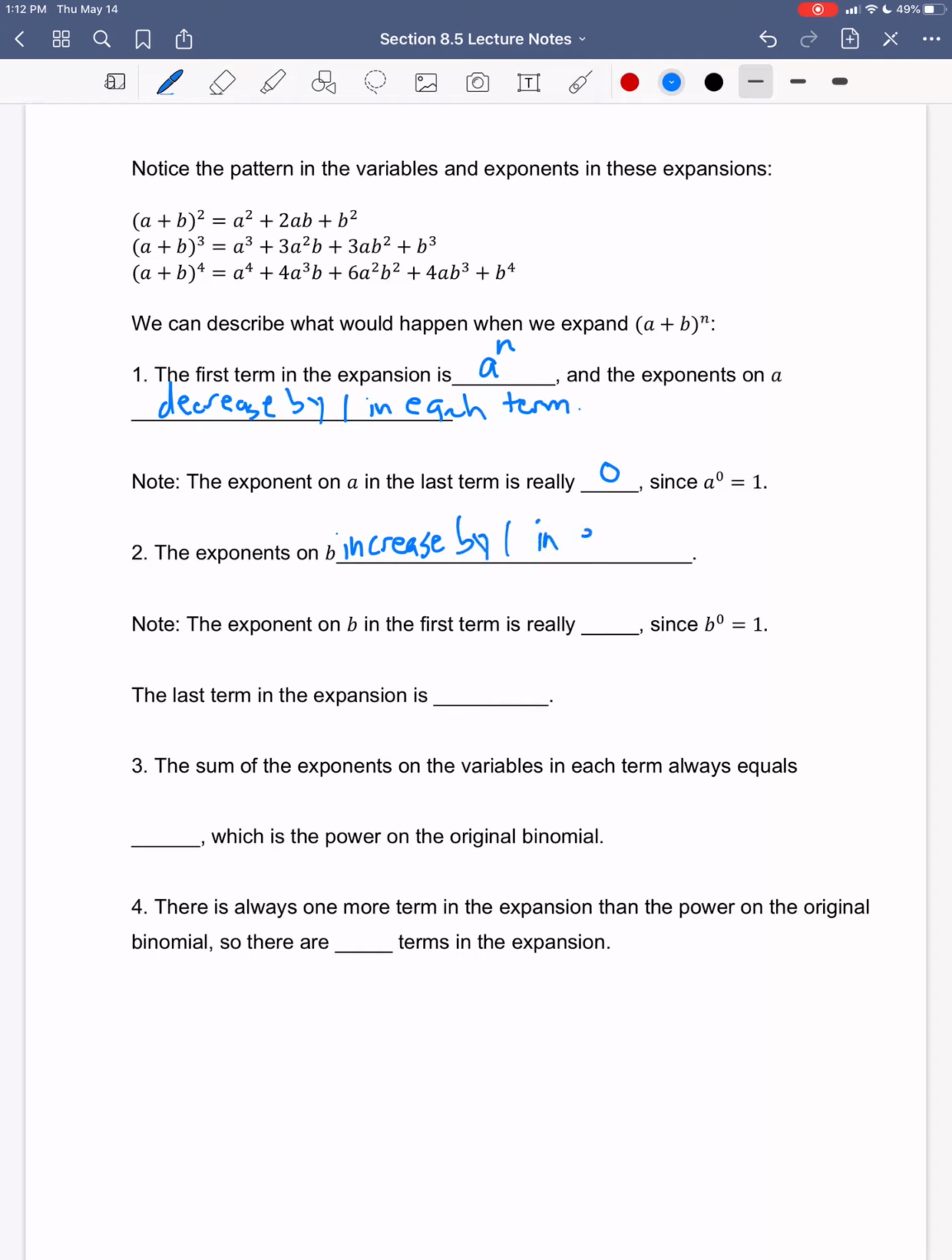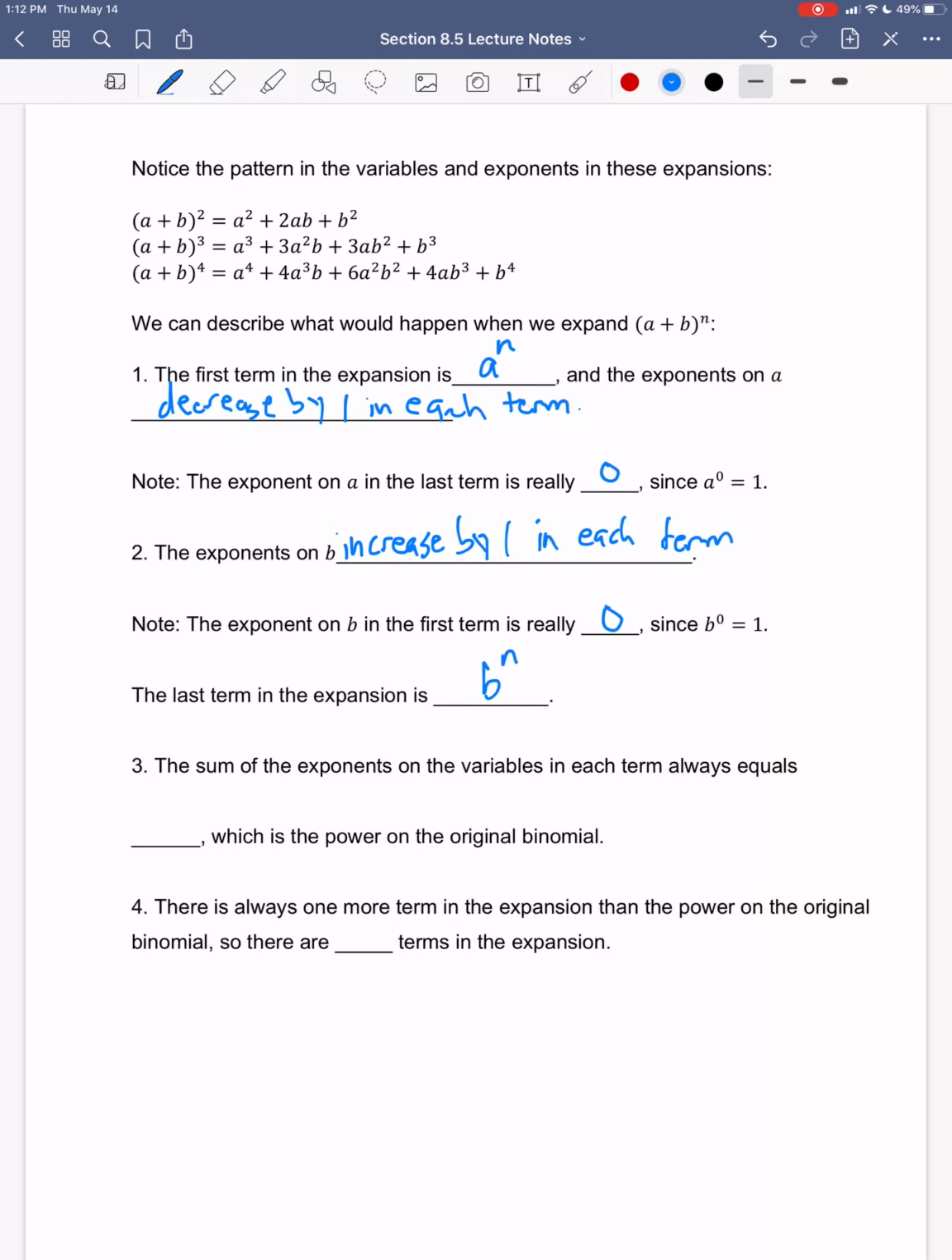In each term. So what about the first term? There's no b, but that's really then b to the 0 at the beginning. And the last term in each, well, b squared, a plus b squared. B cubed, a plus b cubed. B fourth, a plus b to the fourth. If it was a plus b to the n, then the last term is going to be b to the